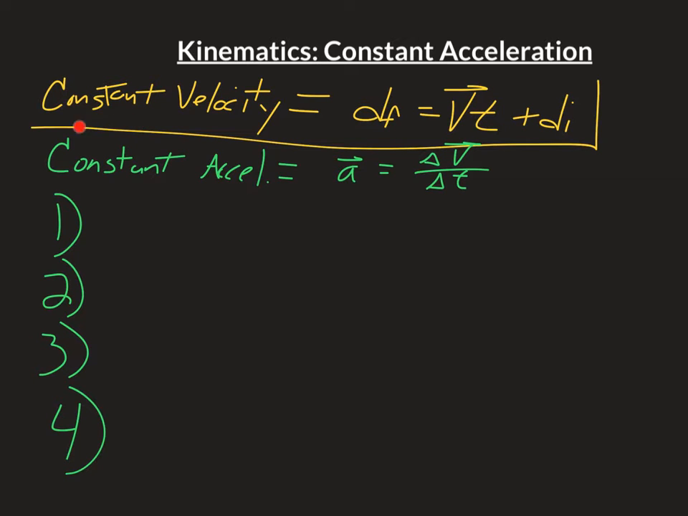Okay, so last time we talked about constant velocity, and we ended up with pretty much this formula: displacement final is equal to velocity times time plus displacement origin, or initial. But now it's time to up the ante and talk about constant acceleration. And we're using our basic acceleration formula, that acceleration is equal to a change in velocity over a change in